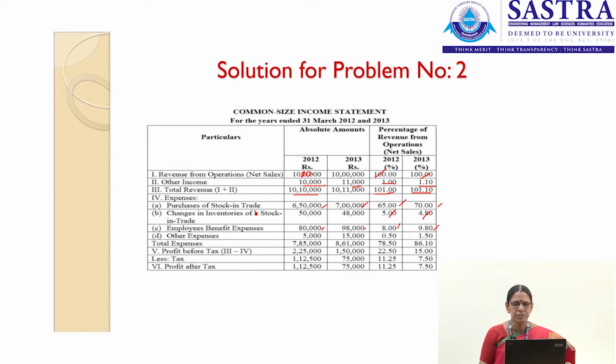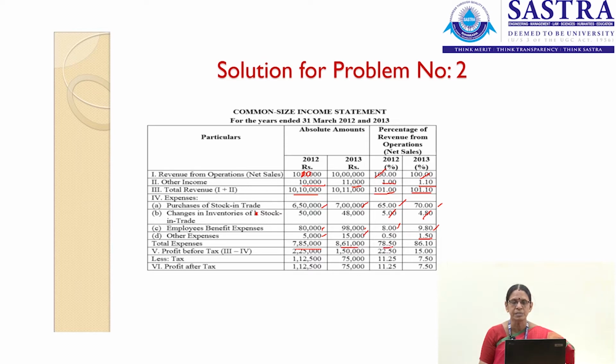Then other expenses, we have 5,000 and 15,000. As we already told, this other expenses includes the provision for tax. So this provision for tax is said to be a non-current liability that should not be included in the expenses. So we are deducting it and showing only the remaining as other expenses. So we have 1% increase in the other expenses over your previous year. Total expenses, we have 7,85,000, 8,61,000. So we have